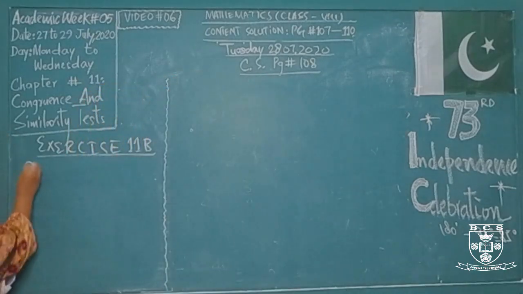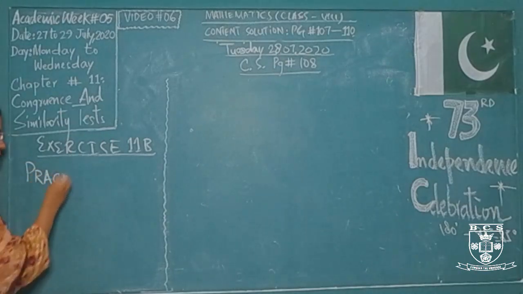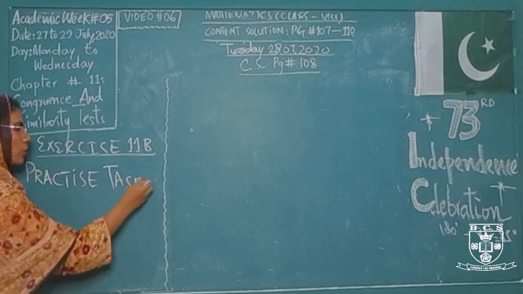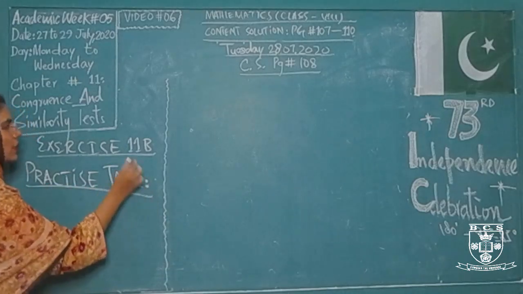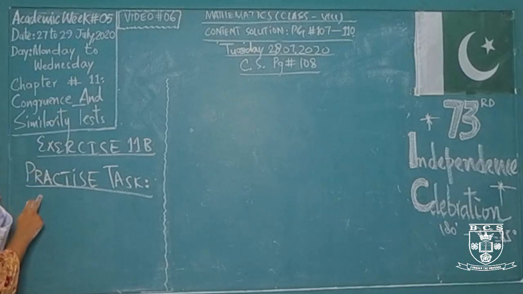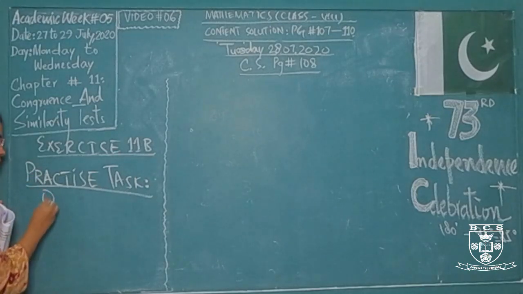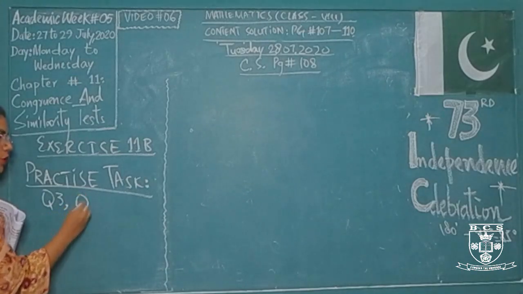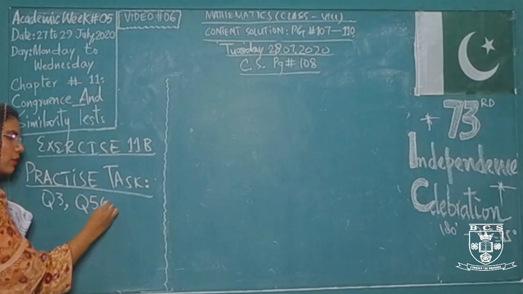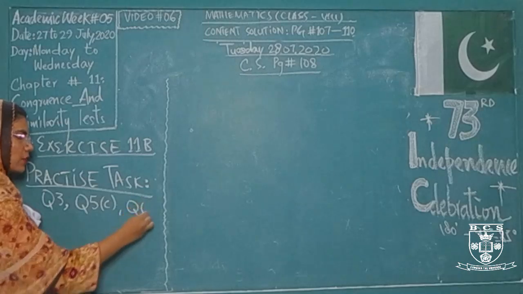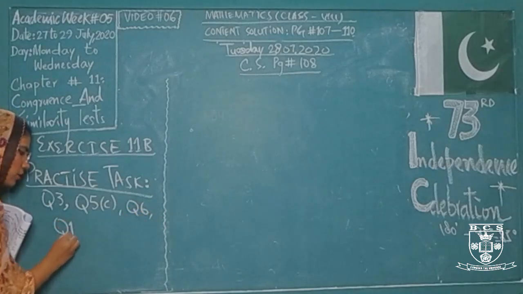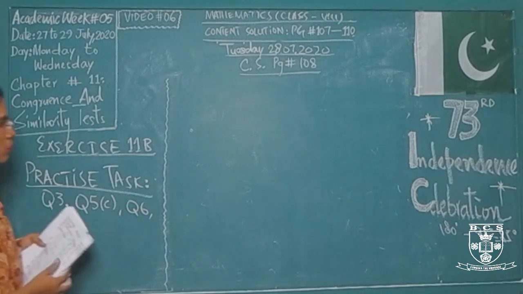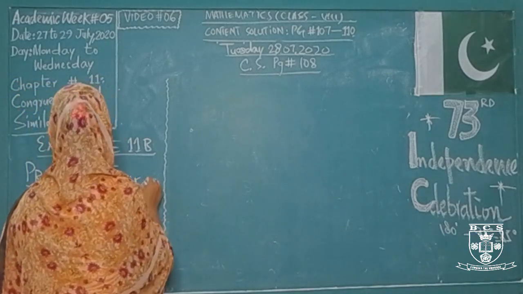Part C. So I am mentioning your practice task according to the questions that we have solved today for this particular exercise, exercise 11B. So we have completed question number 1, 2, 3. You will consider it yourself. After that, we have completed question number 4. You will solve question number 4 part C. Then question number 6. Then question number 10. With the help of the questions that we have solved and understood on the board completely.